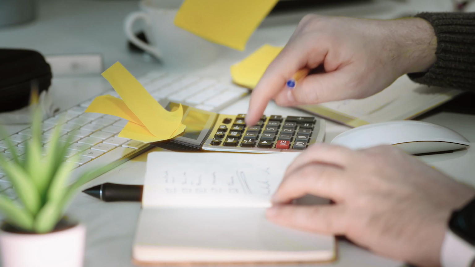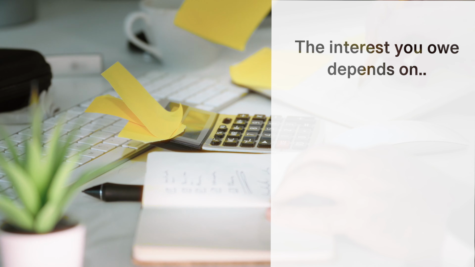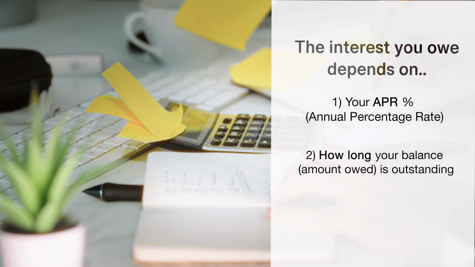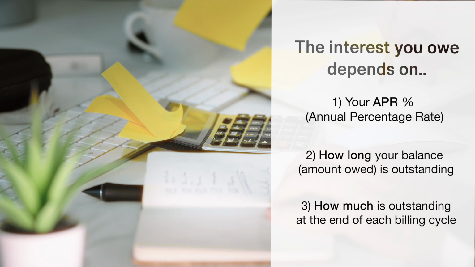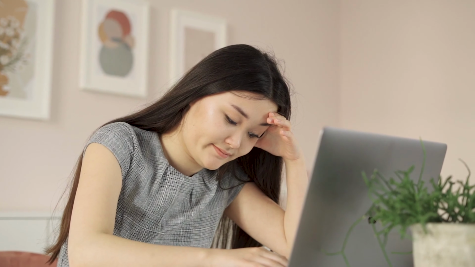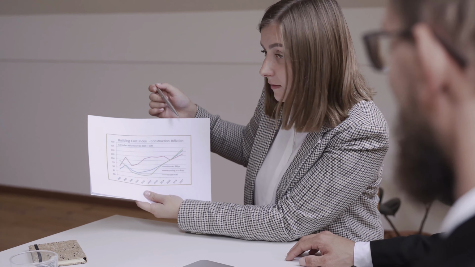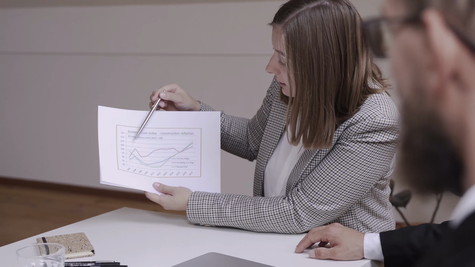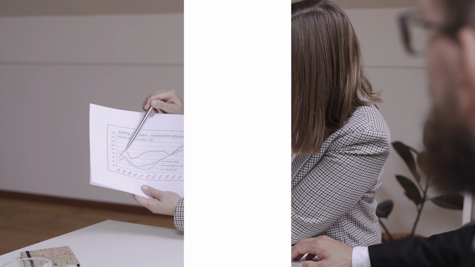And the interest amount you ultimately pay is going to be based on three things: the rate that the bank itself decides to charge, which is known as the APR or annual percentage rate, the amount of time that your credit card balance is unpaid, and the amount of the balance that's owed. We'll get into the math behind the APR in a separate video because it isn't quite intuitive. But for now, just know that the APR is the bank's way of saying, hey, we'll let you spend up to this amount on credit, but if you don't pay us back the balance of what you use, we're going to charge you X on top of that balance.